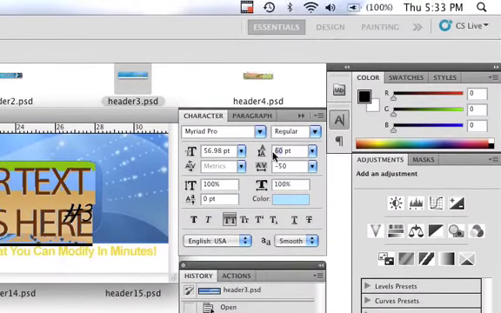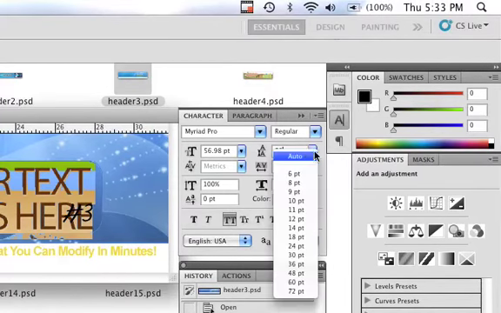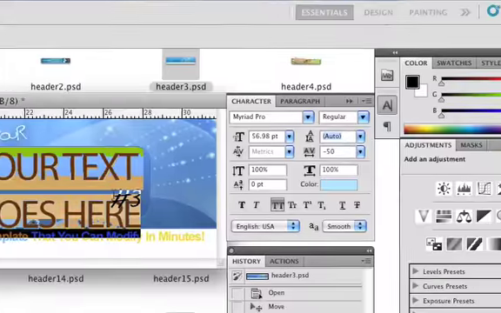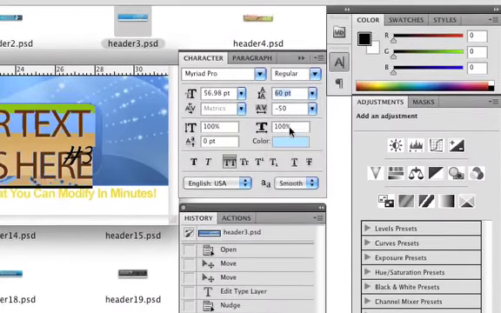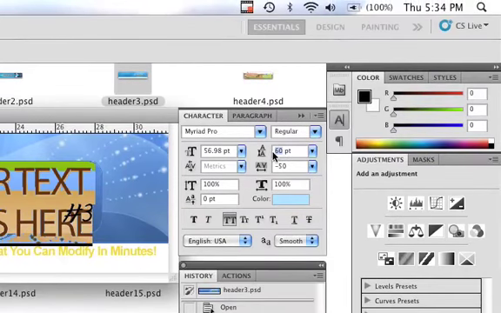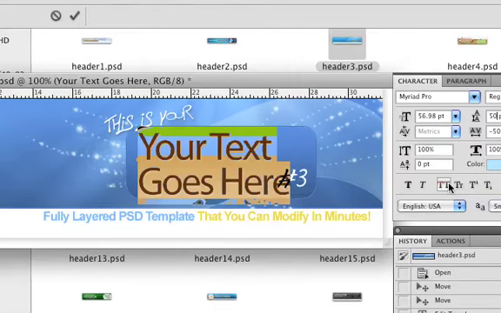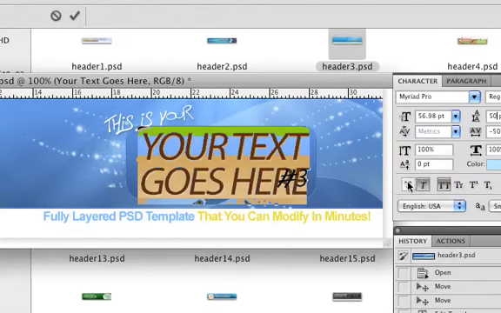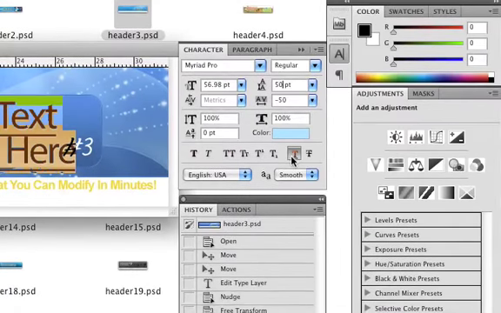So you can type in whatever you want, or you can simply put it on auto and it will automatically select the spacing for you. So let's just put 50 here. You can also make the text all capitals with just the click of a button. Make it italics, bold. You can underline it,